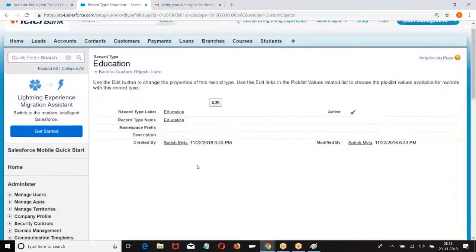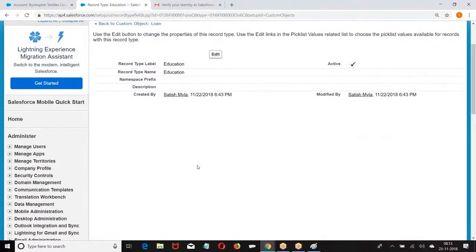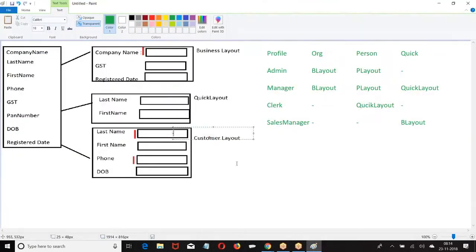Right. Now, one key point here. Based on the record type, we can control the options in the pick list field. Let us say city, with Hyderabad.